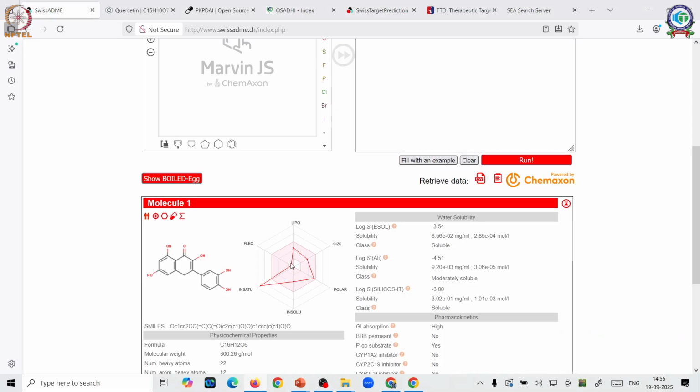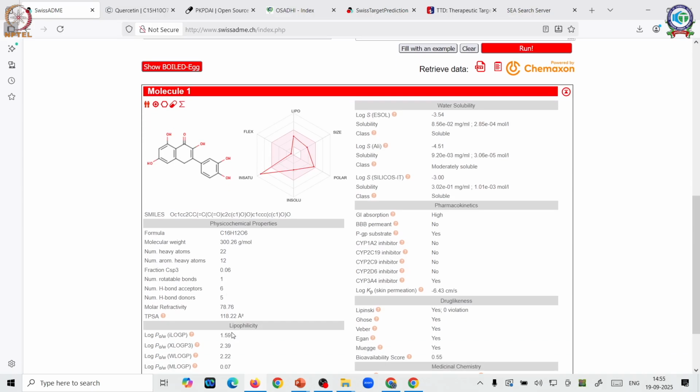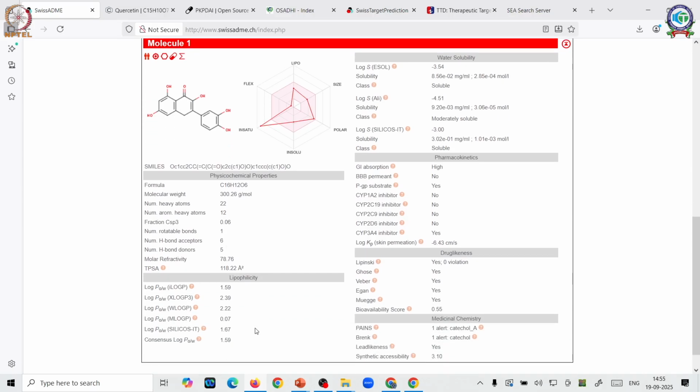The flexibility can be even a little more permitted, but it is almost going to a perfect region. So then going down, you can see certain things such as the molecular properties. We also saw them in your other databases, which gave the physicochemical properties. This includes your molecular formula, molecular weight, heavy atoms, number of rotatable bonds, hydrogen bond donors, acceptors and total molar surface area. The next gives you an idea about the lipophilicity.